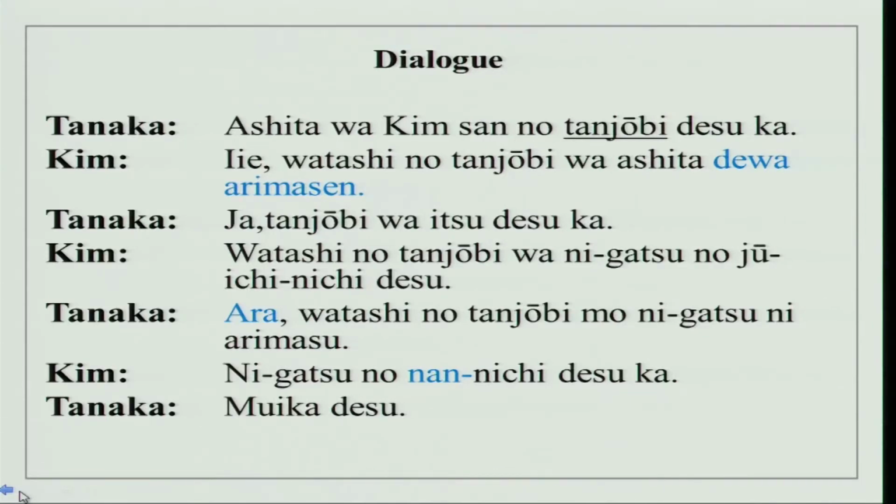Tanaka and Kim-san, Tanaka and Kim, two people, 2人ね。はい。じゃあ、明日はキムさんの誕生日ですか？いいえ、私の誕生日は明日ではありません。じゃあ、誕生日はいつですか？私の誕生日は2月の11日です。あら、私の誕生日も2月にあります。2月の何日ですか？6日です。